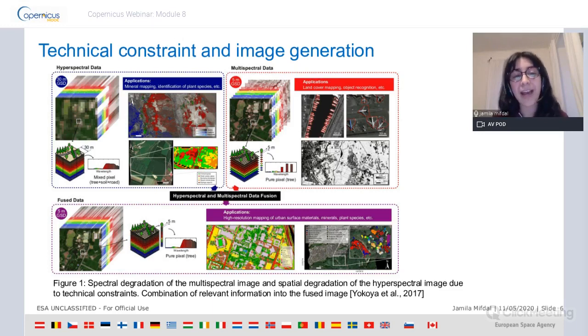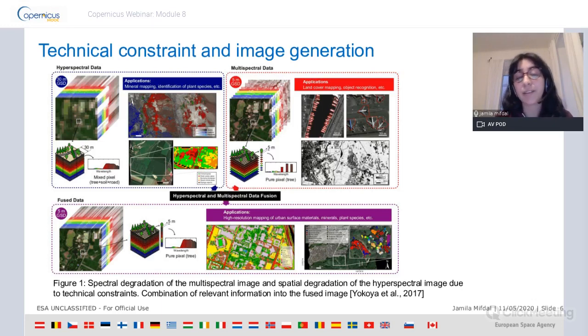On my right, we have a multispectral image which has a GSD of 5 meters, which means that each pixel represents an area of 5 by 5 meters squared, which means that we don't have a lot of data squeezed in one pixel, so the spatial resolution of the image is better than the one of the hyperspectral image. But a multispectral image doesn't have many spectral bands, so it has a very limited amount of bands.